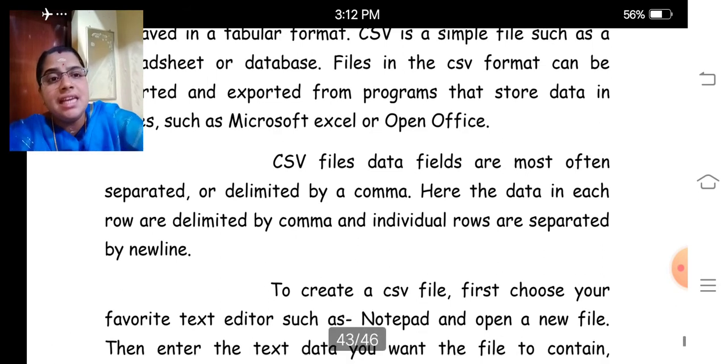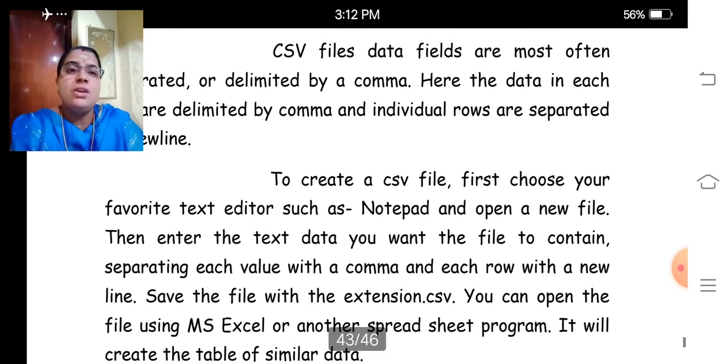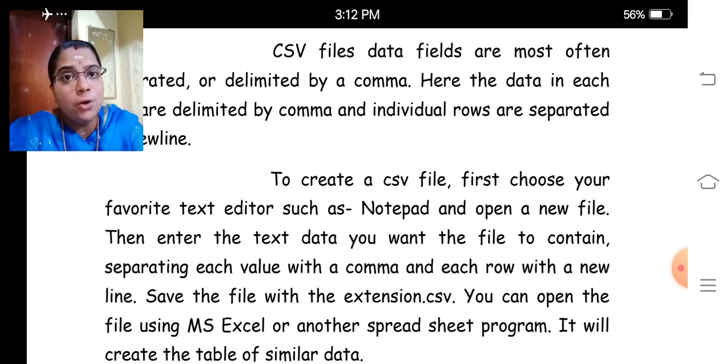To create a CSV file, it's very easy. You can choose your favorite text editor such as Notepad and open a new file. Or you can use any type of text editor. Normally we will use Notepad, no. That is why I had included Notepad here.